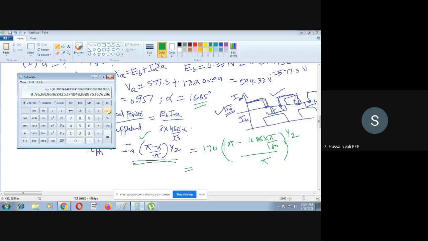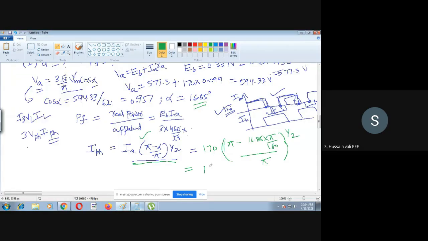So you'll get 0.952. Now multiply with 170 and we get 161.84. So I phase becomes 161.84 ampere. This is I phase. So now substitute here